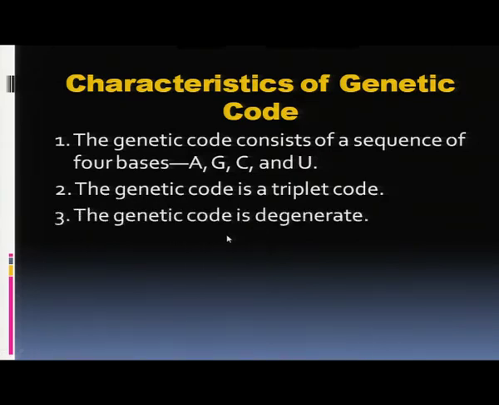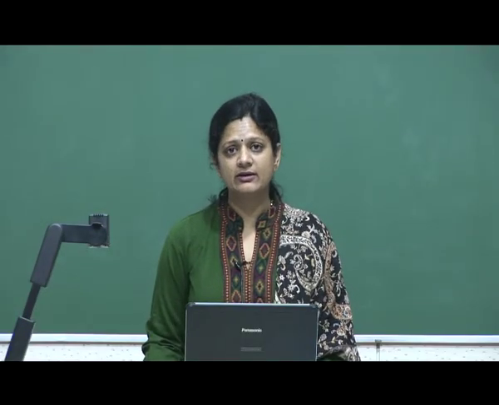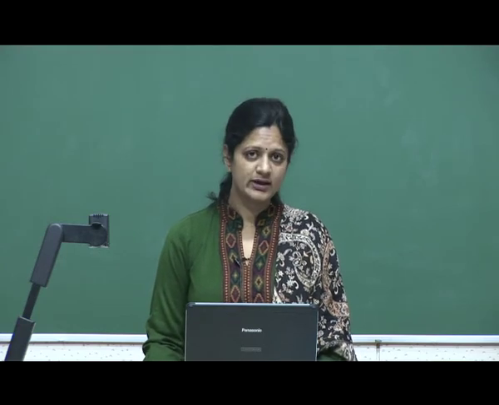The genetic code is degenerate. Now, what is the meaning of degenerate? Degenerate means one amino acid can be coded by more than one triplet codon, and that is why the 64 codons reduce to 20 standard amino acids. So, degeneracy means one amino acid can be coded by more than one codon except